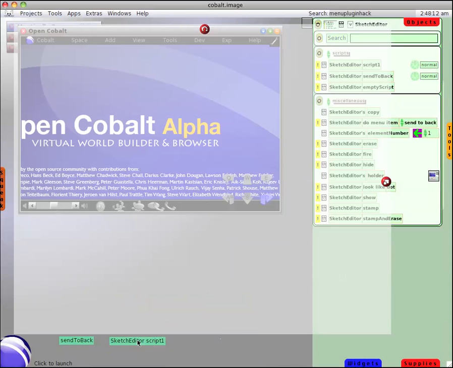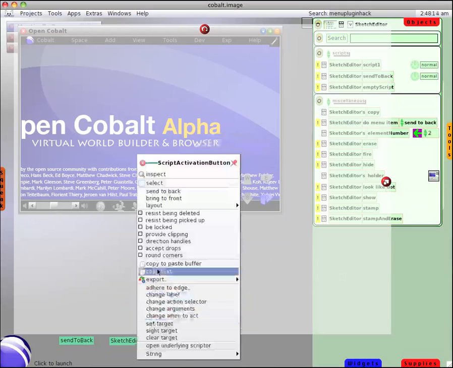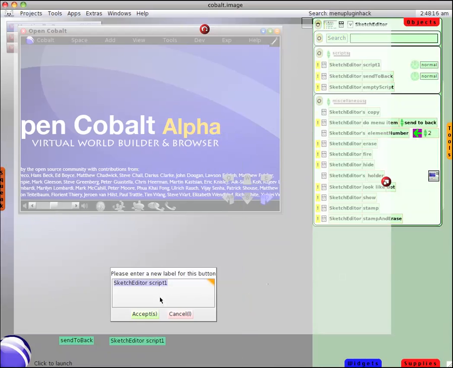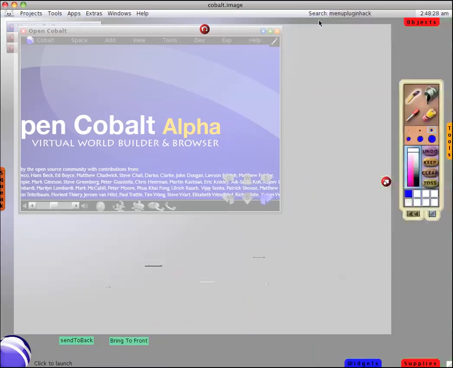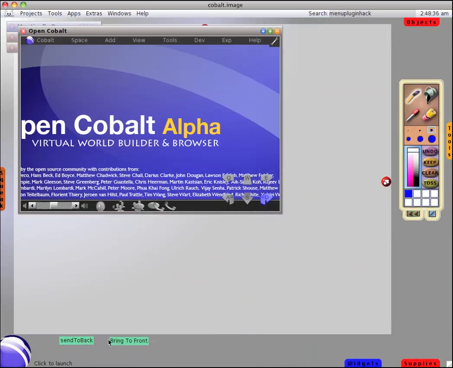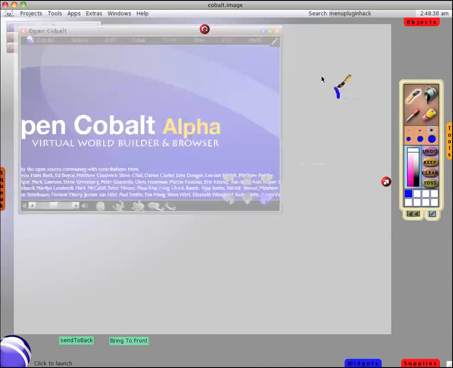rename it. Oh, rename the label, bring to front. Now I'm going to close out the eToys thing. Now I have a little paint tool where I can send it to the back, bring it to the front, draw with it,